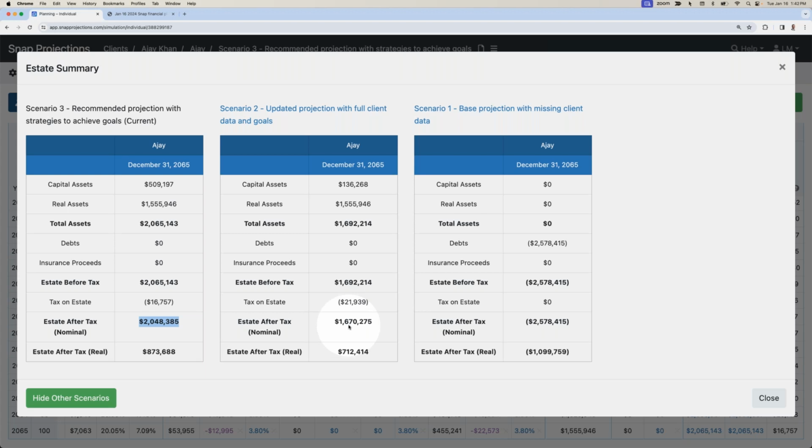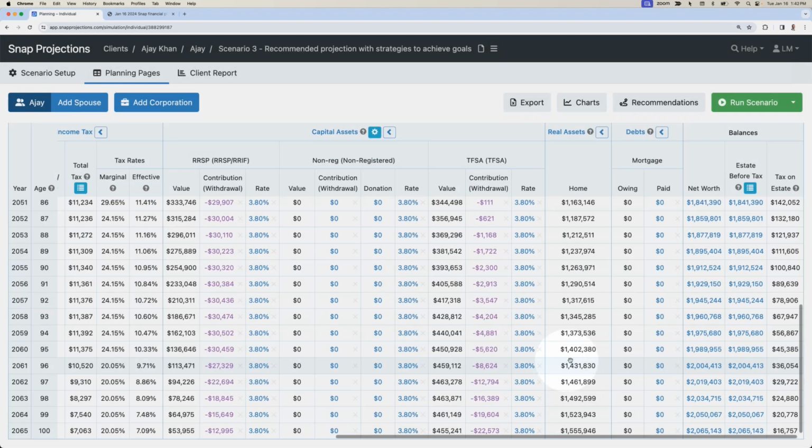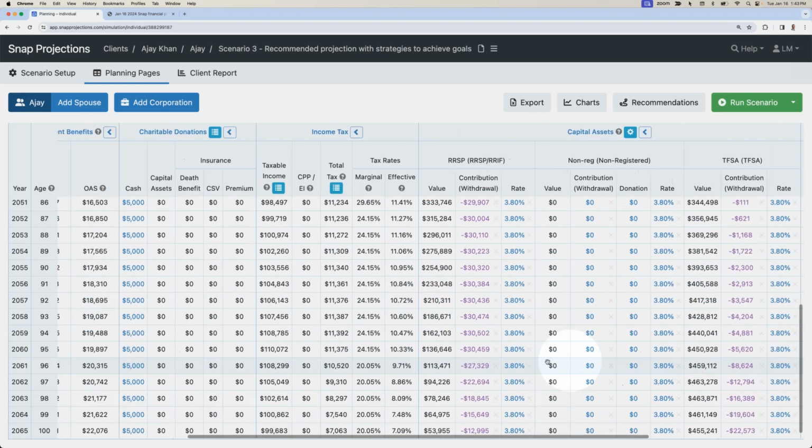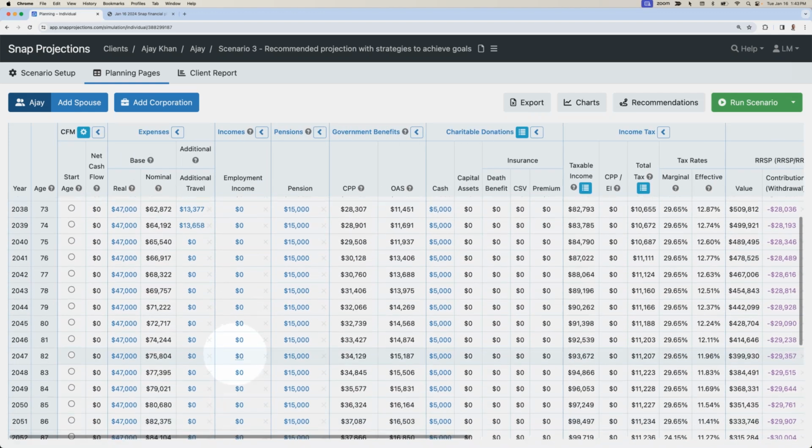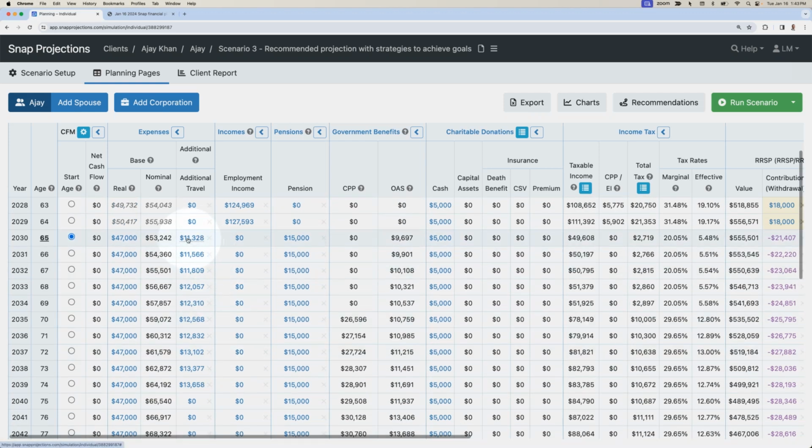So we've added almost $400,000 in future value through making those various strategies, and we can demonstrate the improvement directly in this comparison. And there's commonly two approaches from here. You can leave that extra buffer in the estate as an illustration of how you've improved the overall situation and increased the likelihood of them achieving their goals. Or you could actually show how they could realize that additional value through increasing their goals.